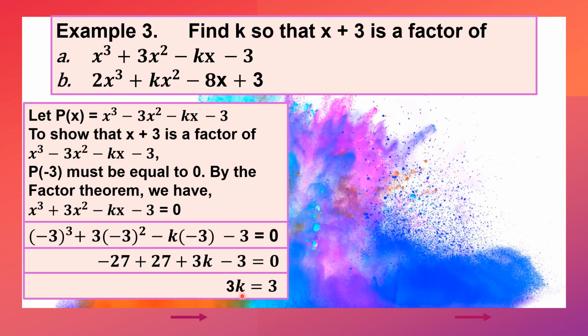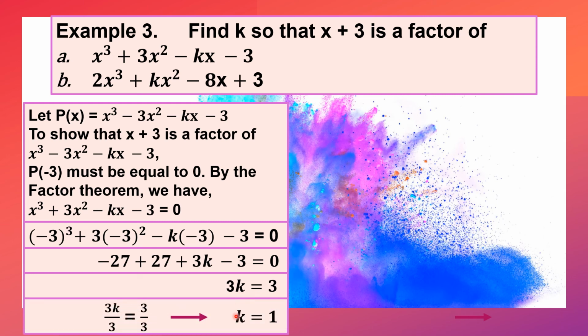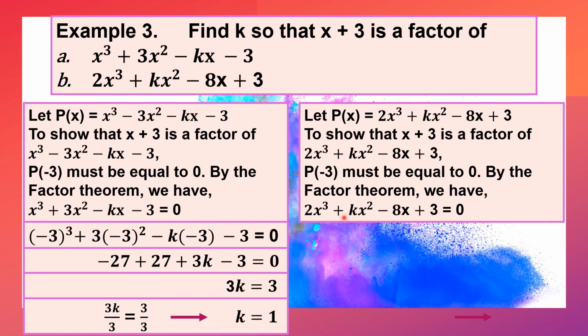Solving now for k, we divide both sides by 3. So we have now 3k divided by 3 is equal to k. And 3 over 3 is equal to 1. So our k now is equal to 1. And for letter B, we have